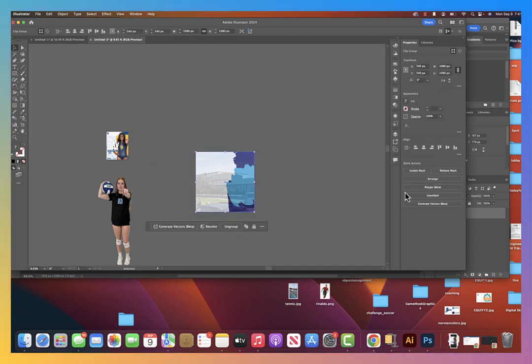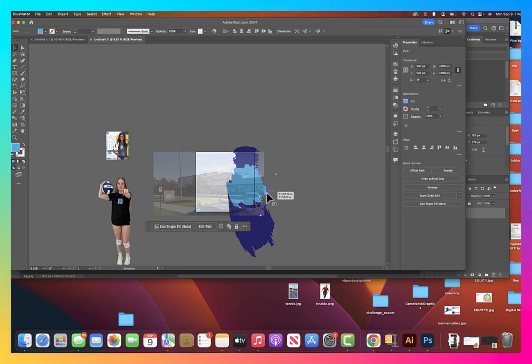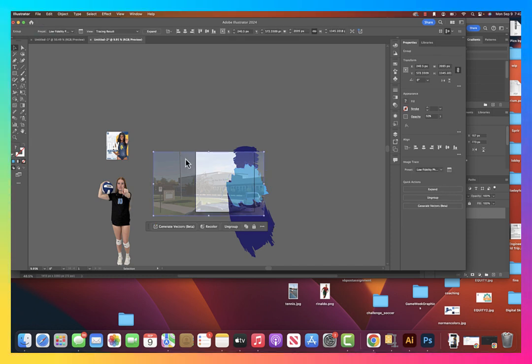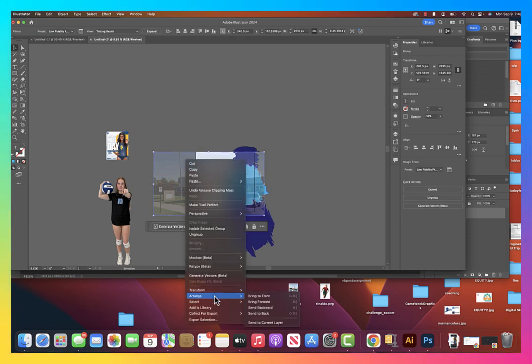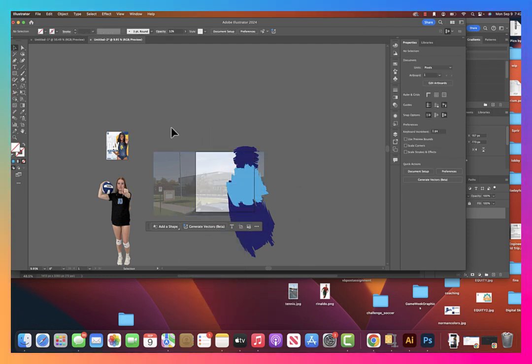Actually, I'm going to release that mask and figure out why it's doing that. I must have selected it by accident when I did the other piece. Nope, it's 100%. Oh, this is in front. So let me send this to back. Control, arrange, send to back. There, now it's hiding. And now I'm going to make the box